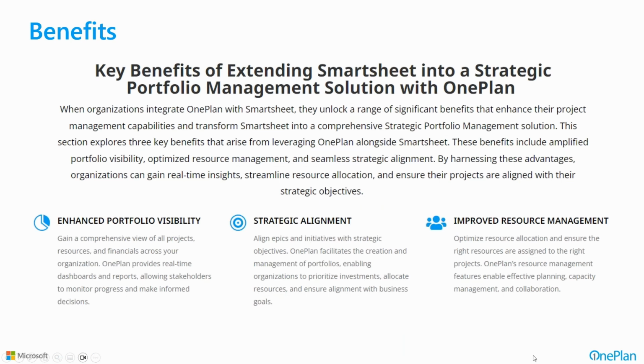So the benefits is really fill in the gaps with Smartsheet, as we talked about. If we look at using OnePlan to extend Smartsheet into a strategic portfolio management solution, some of the primary things that people want to do is have enhanced portfolio visibility that they're not necessarily getting with their current use of Smartsheet capabilities. The strategic alignment, making sure that we are always in alignment with our initiatives, with where leadership wants to go, and even be able to just execute on those strategies. And really just do improve resource management, making sure that our capacity planning and the commitments that we're making are aligning with our ability to deliver those resources